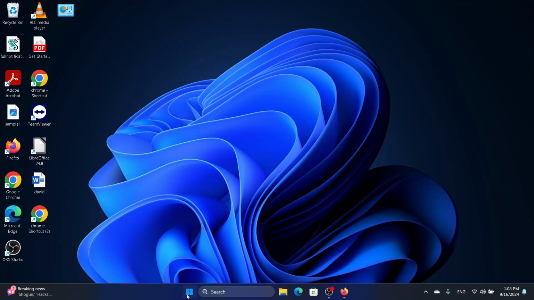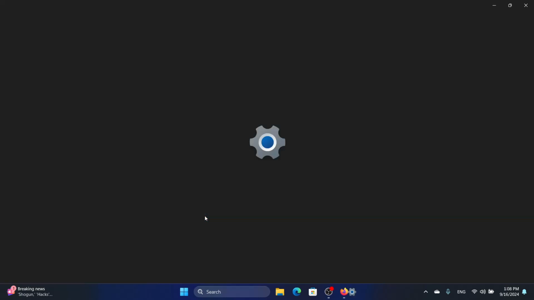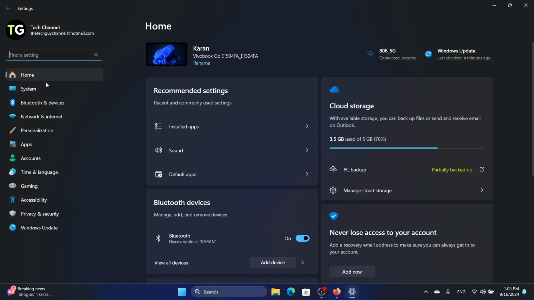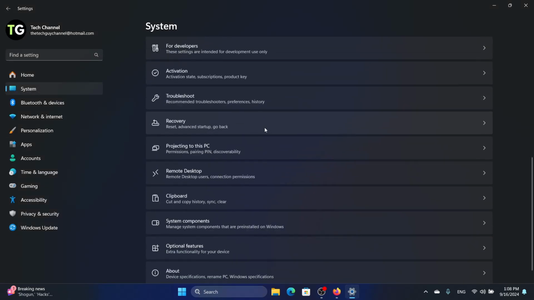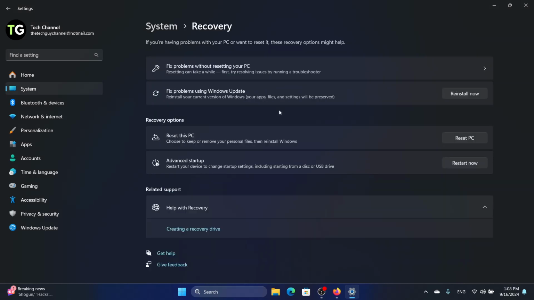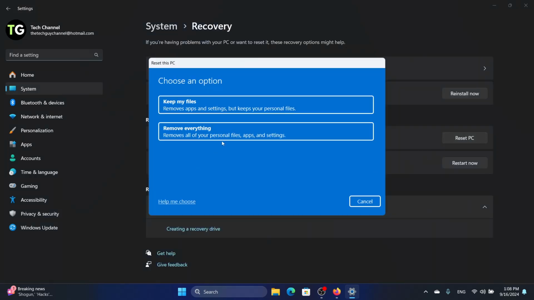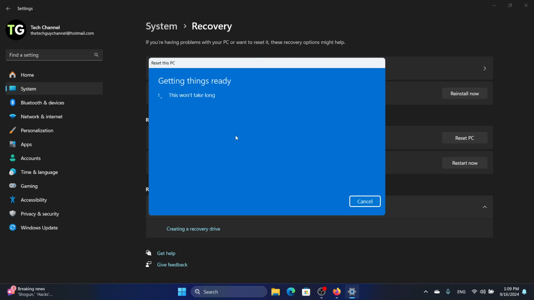Now if that too doesn't work, then you can only do a cloud reinstall. So right click on the start button, click on settings, and then click on system, click on recovery, and then we have to click on reset PC. We need to click on remove everything. So before you do this, please download or backup your personal data on a third party, on an external drive. So click on remove everything